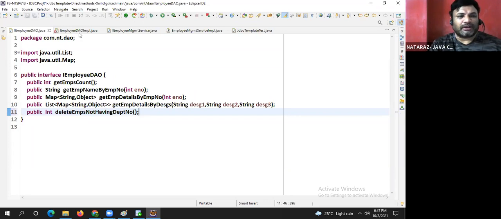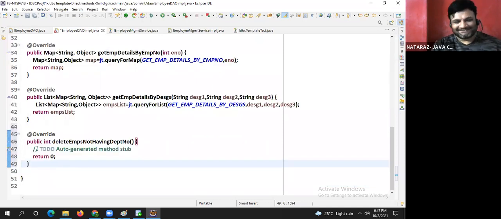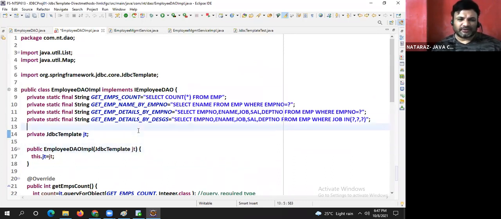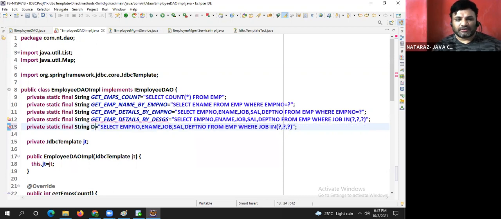Let's have a look, guys. Let's take the query. The model is the same. Private static final, okay, let me change it: delete employees with no DEPTNO. Tell me, guys: delete from EMP where